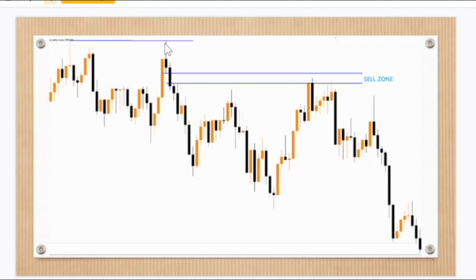Then the market moved down. After moving down, it didn't touch, so we can't enter if it doesn't touch the zone that we have made, which we actually made using the top part of the third candle and the bottom part of the first candle,